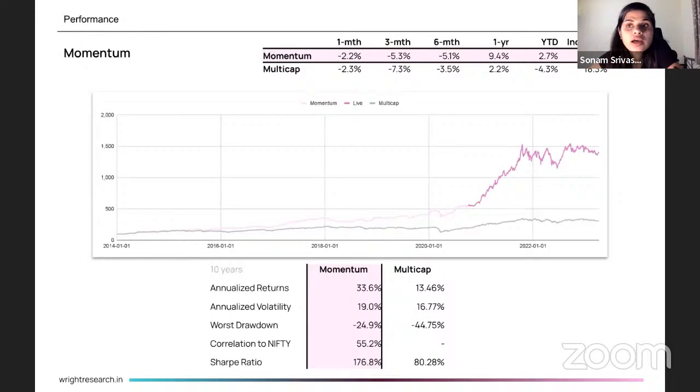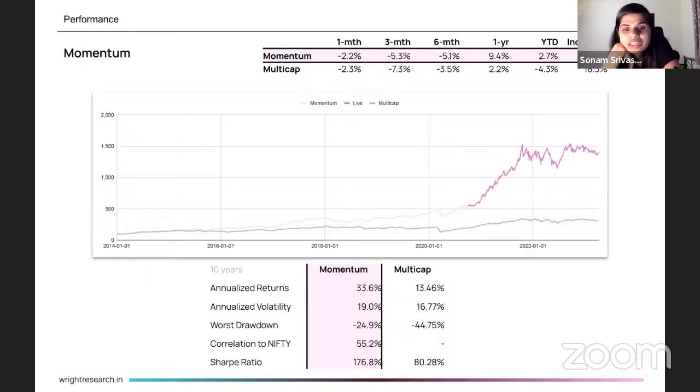So if you are a long-term investor who can take high risk, right? If you believe that you want to generate long-term wealth using the market, this is an excellent opportunity for you. Theoretically, based on last year's data, it can give you 30 to 35% CAGR, which, if you can achieve that in the long term, can give you exceptional benefits. So momentum is an excellent strategy if you are willing to take risk. But obviously, it will also have ups and downs.